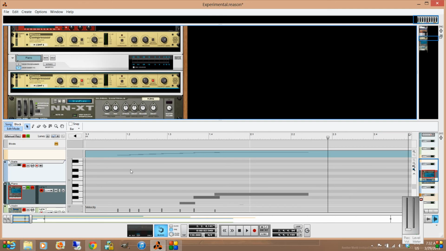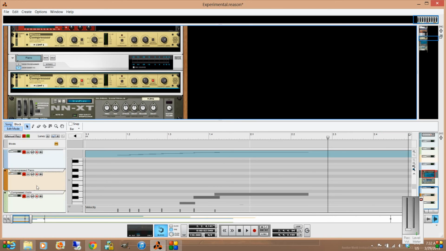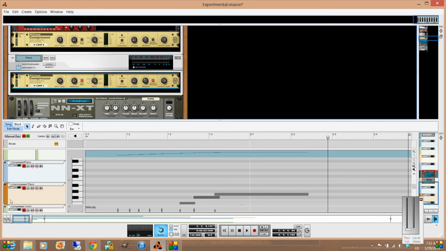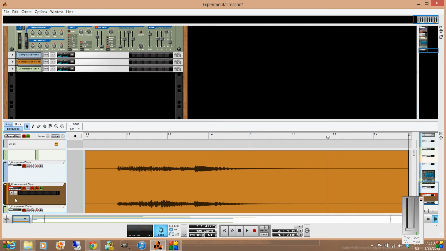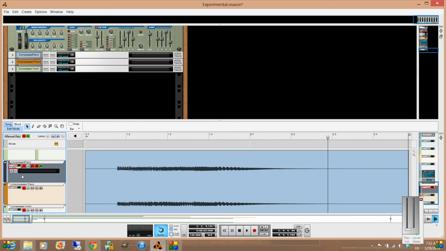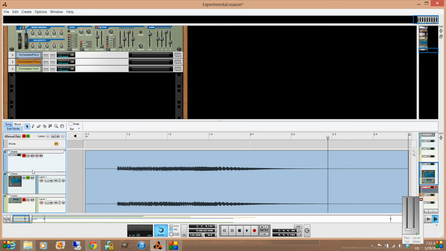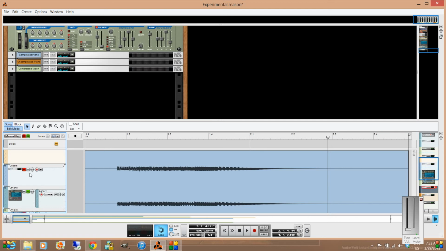Let's look at the compressed versus uncompressed audio signal. So here is the uncompressed signal, and you can see it's got a lot of peaks in it, some transients in there. And the compressed version is very much more uniform. And the same goes for the violin.